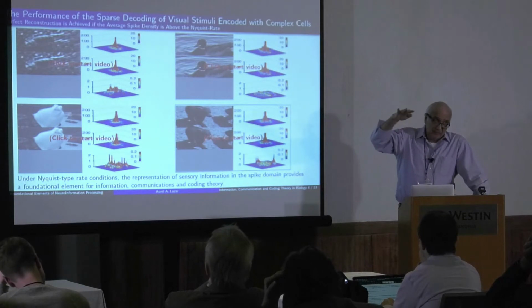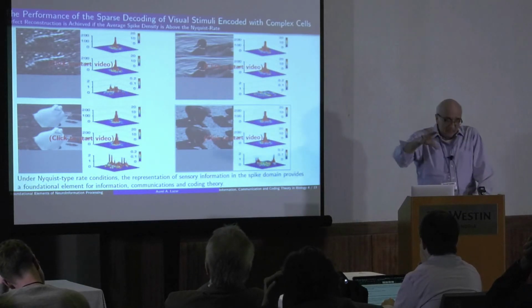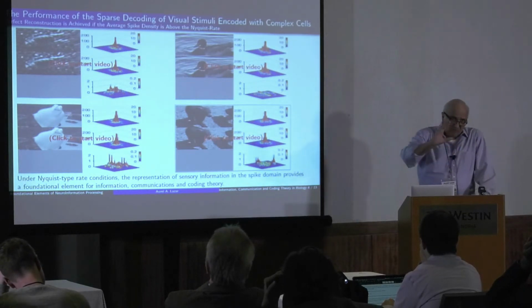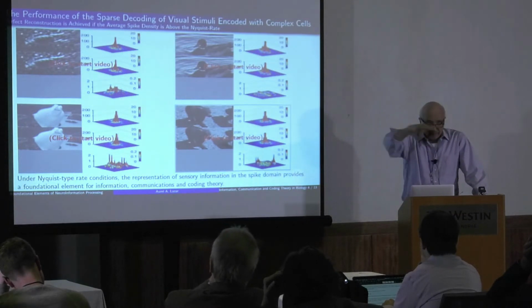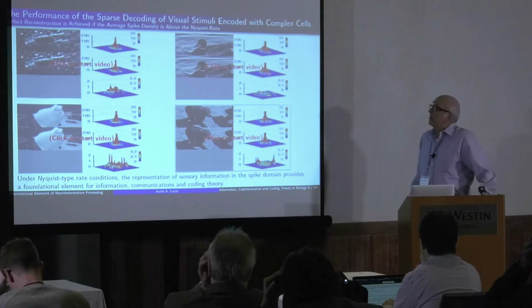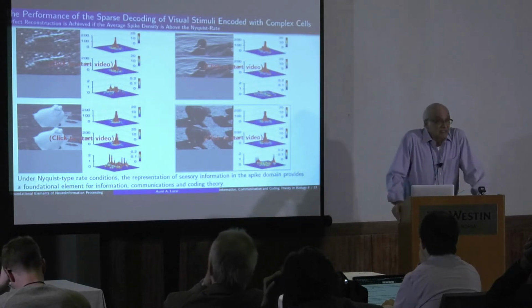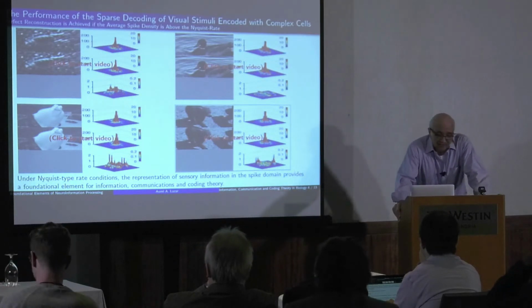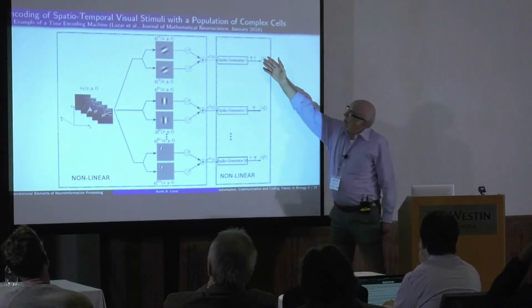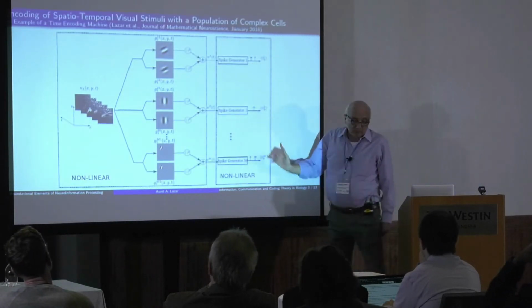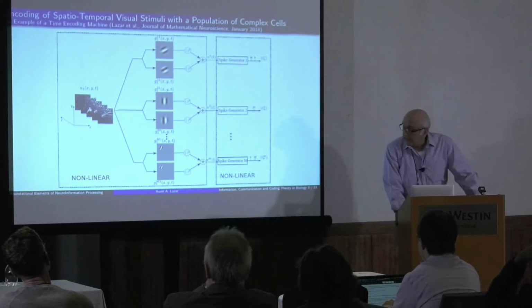Now remember, Shannon sampling means amplitude sampling. There's no concept of time. There's a concept of a counter. There's an amplitude which is being sampled, but there's no information representation in the time domain. Here, the information is represented in the time domain because these are spikes. Okay, so now,